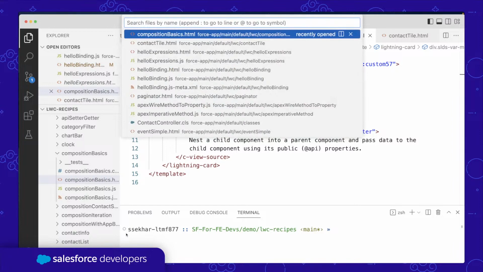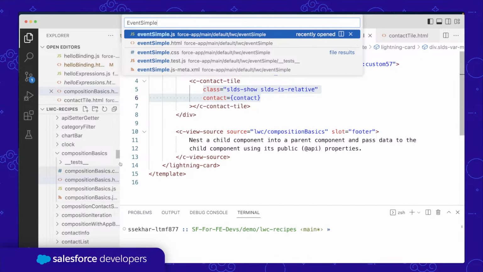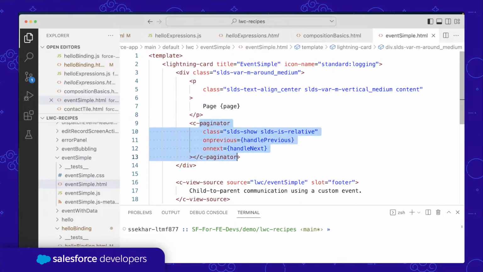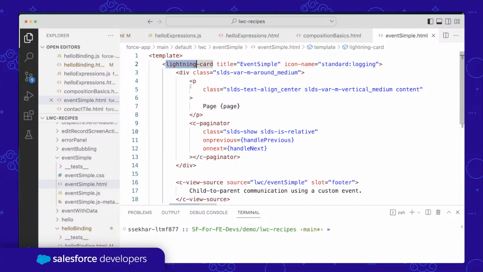If I say, let us open the event simple. This is the parent component. So within the event simple component, we are using the paginator component. And you can also notice that I'm using c hyphen, which indicates that this is a custom component. And here you can see the lightning namespace, which indicates that it's a standard base component that is provided out of the box. And so in the c paginator,